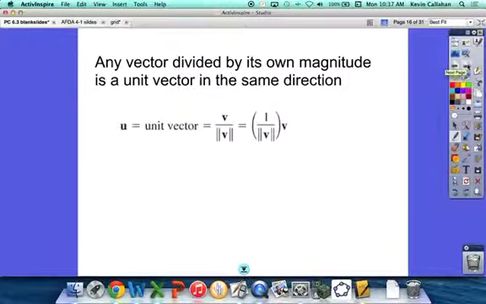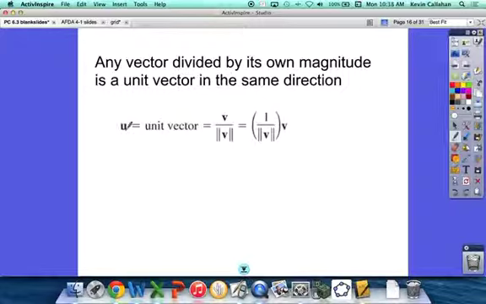Okay, now any vector that's divided by its own magnitude is a unit vector in the same direction. And we're often asked to find a unit vector in the same direction as a given vector. So if I take v, a vector, and I divide it by the magnitude of v, then I get a unit vector, and it's in the same direction. It's kind of like what we saw in the graphical